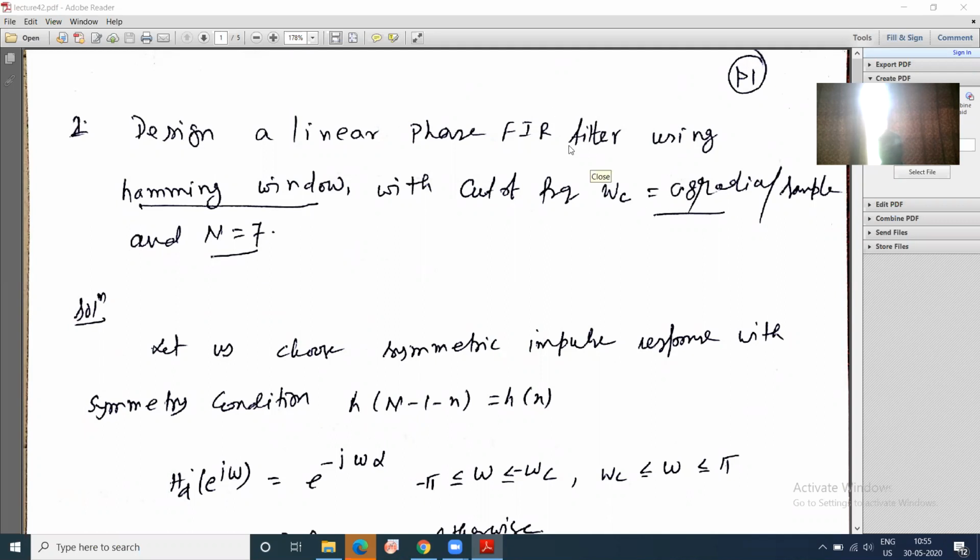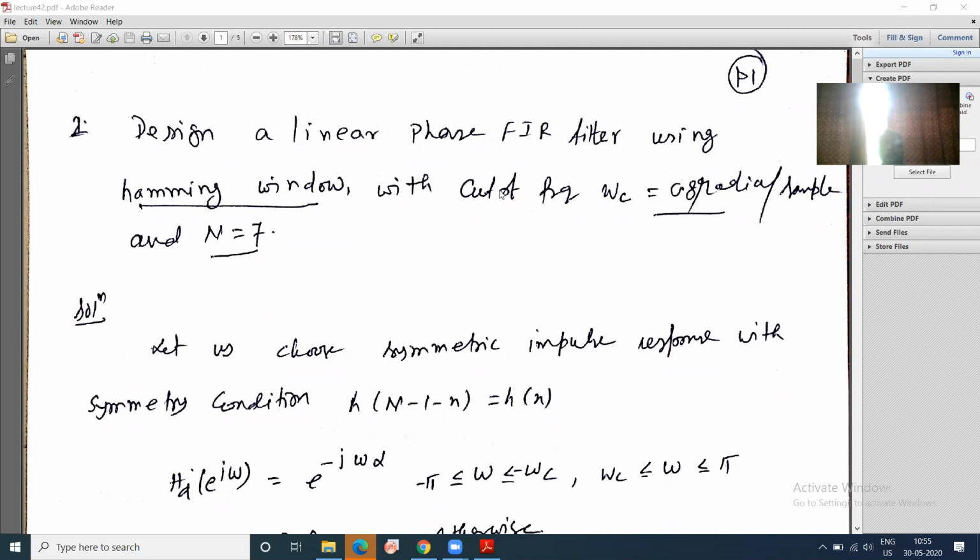Today we will start another design that is called high-pass filter design, and this is the design problem. It says that design a linear phase FIR filter using Hamming window and cutoff frequency omega c equal to 0.8 radian per sample and n equal to 7, and symmetry condition also not specified in this problem. Okay. So the point is,